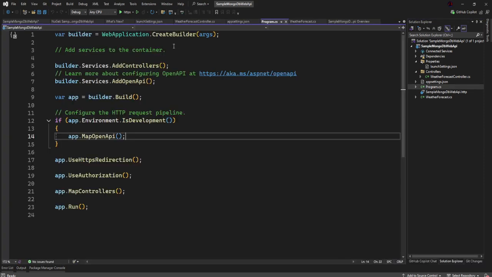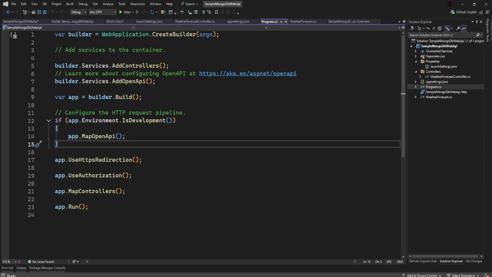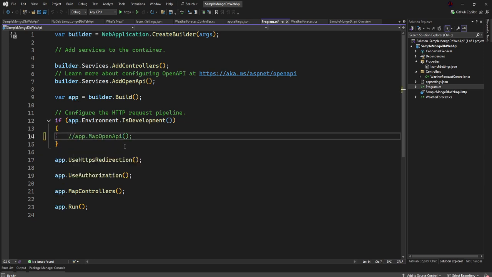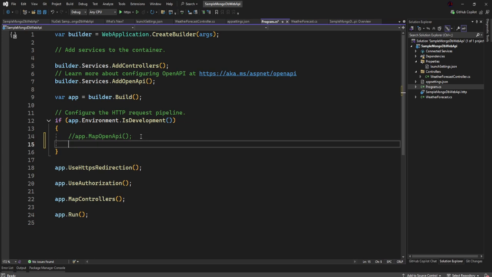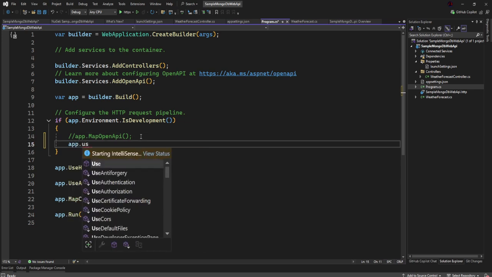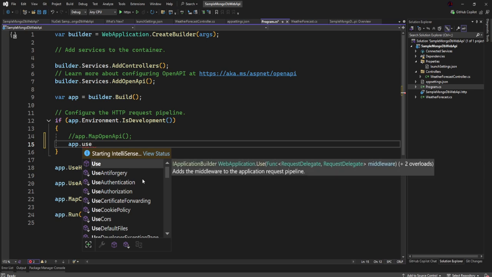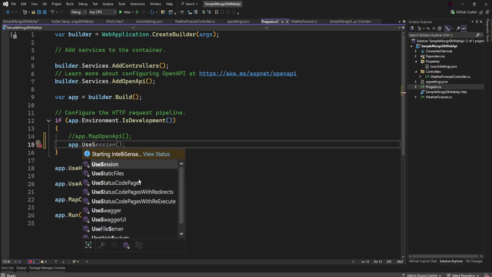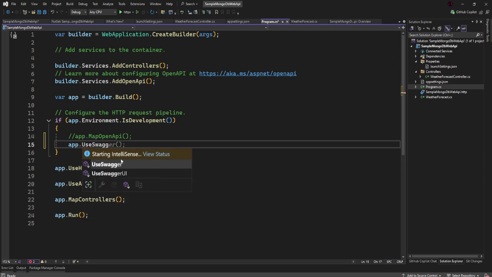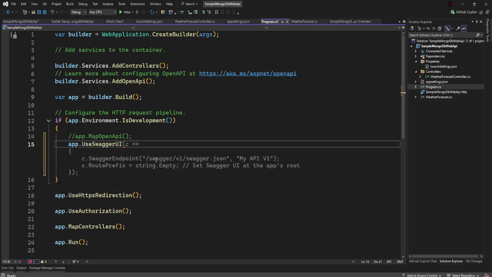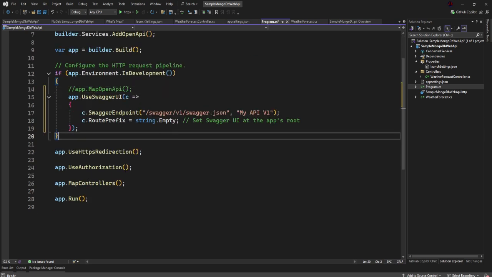But to use them, we need to do something in our program.cs. So here, I want us to comment out MapOpenApi. Then here, we can do app.UseSwagger. So you are going to use Swagger now. Then you just say UseSwaggerUI. Then you can see it gives you some default